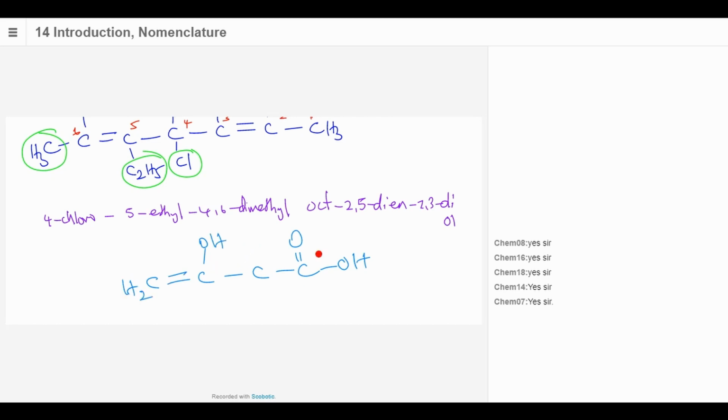Okay, so this is a very basic molecule. Let's name this 1, 2, 3, 4. Right? So there are two functional groups, OH and the oic acid. The oic acid has a higher priority, therefore this molecule is named as a carboxylic acid, not as an alcohol. So therefore the name of this will be